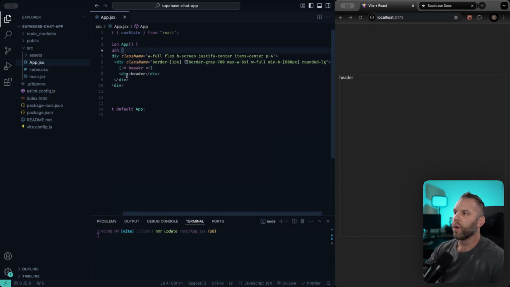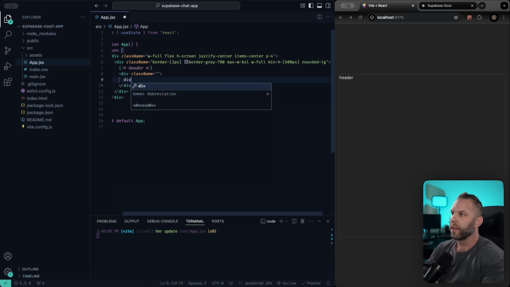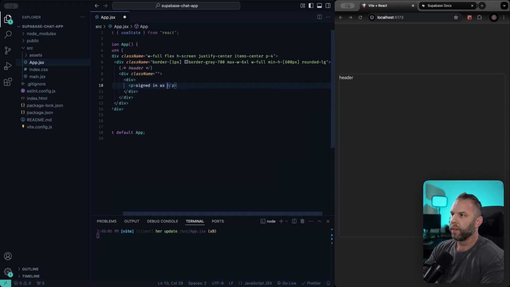So let's go ahead and do our header next. So I'm gonna give this header here a class name. So for our header here, we're gonna have a couple things in our header. We want to say who we're signed in as, signed in as Code Commerce. We're gonna show how many users are currently logged into our chat application, and then we also want to have the sign out button. So inside here we'll have a div, and in this div we'll say signed in as